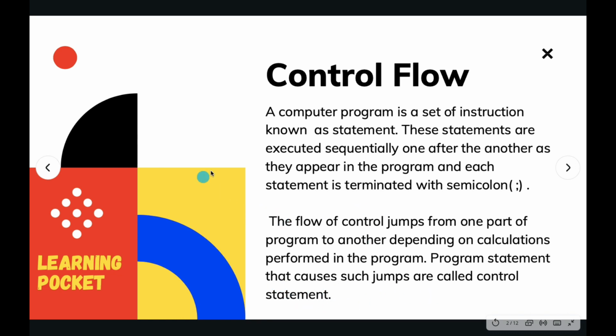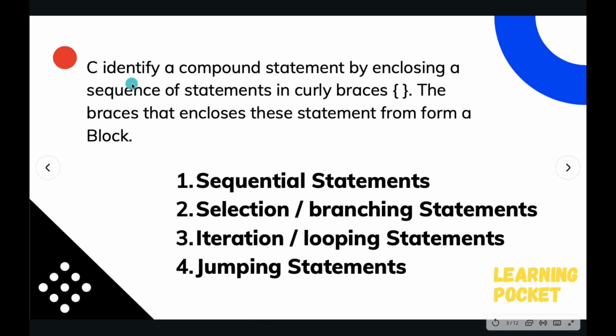So we can jump from one statement to another according to the answers we receive within the program, and the statements that help us manipulate the normal control flow are called control statements. C identifies a compound statement by enclosing a sequence of statements in curly braces.